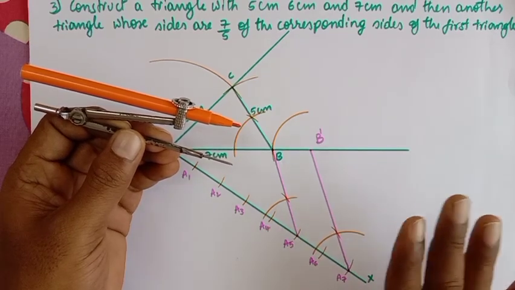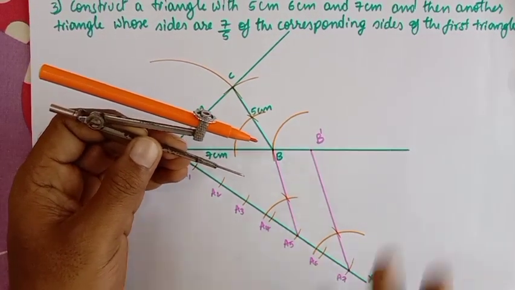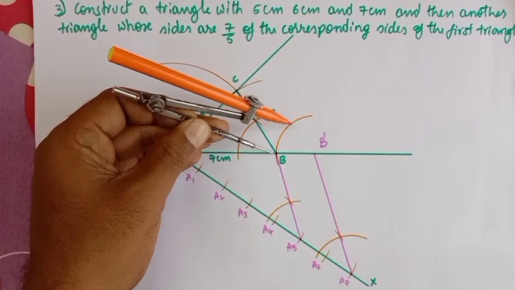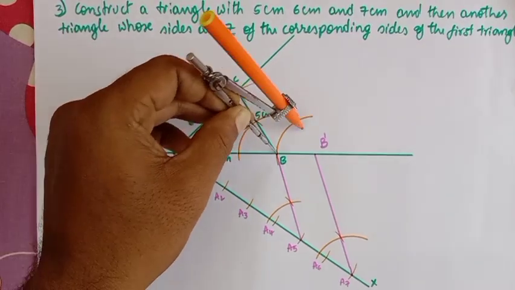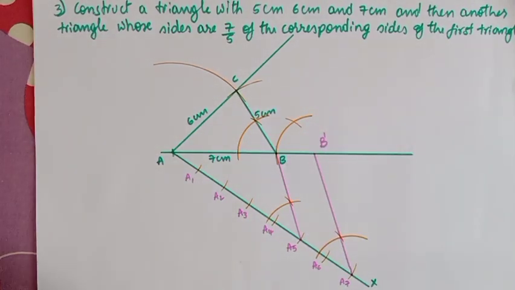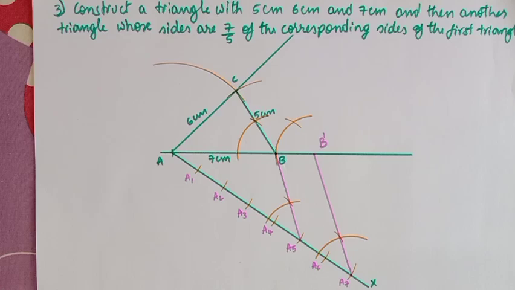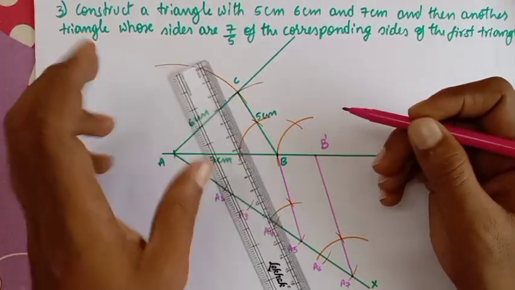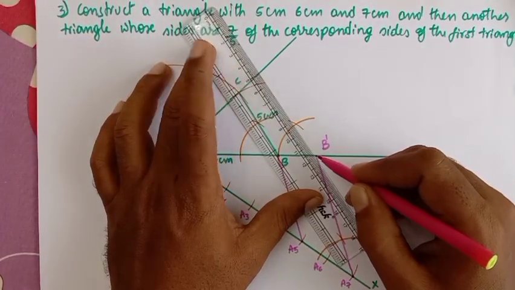Likewise it may happen. In many cases it may not happen, so be careful in that point. And we should draw an arc, and we got a point of intersection of the two arcs, and then we should draw a line passing through this point from B to the